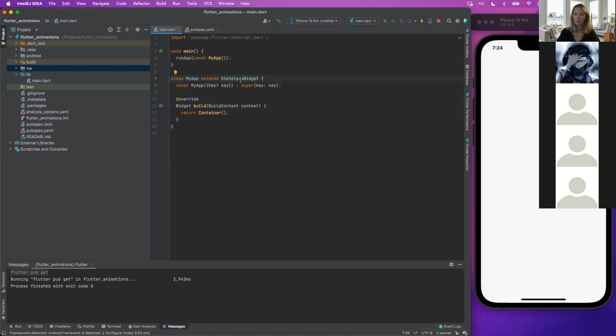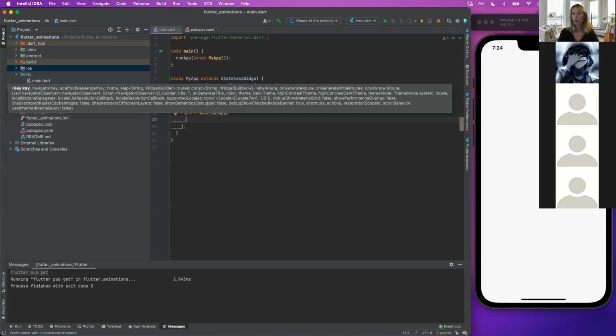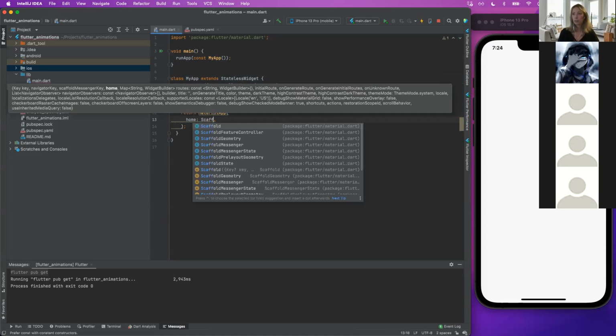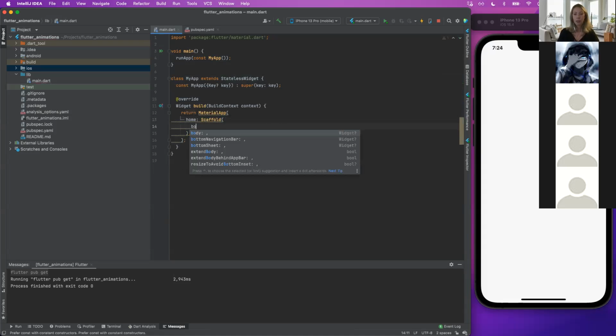It means that it doesn't really change. So the values that you will give at the beginning, they will just remain across all the life cycle of that widget. So let's start as in this example that I showed you before. Let's start with the material app. That's gonna have a simple scaffold, and this scaffold is gonna just keep a container.